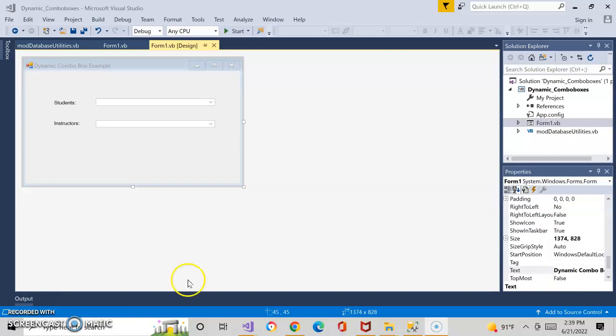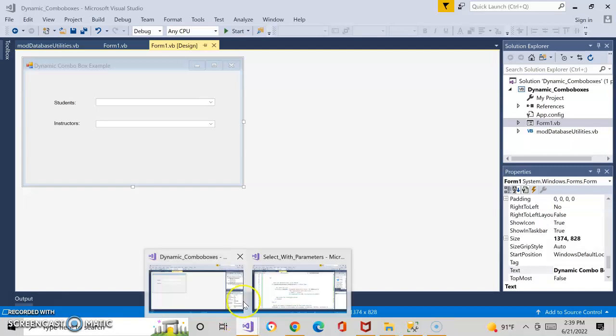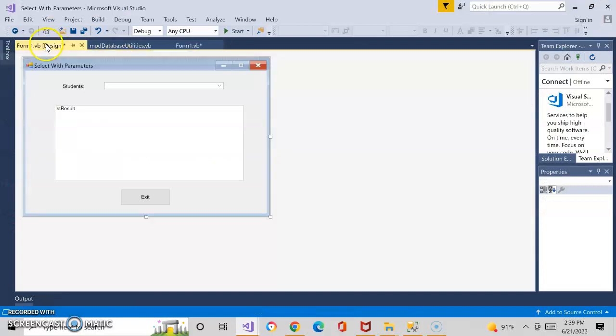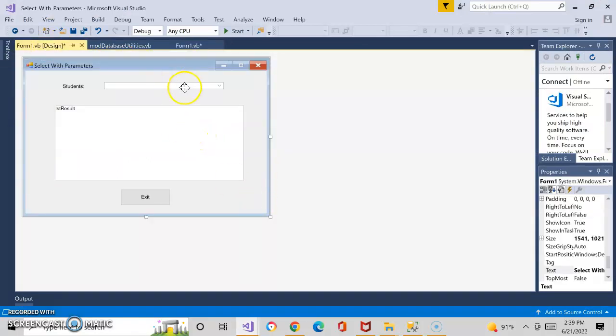In this particular video, then, we are going to take it to another level, and we're going to utilize this combo box to actually select a student from the combo box, and based upon my selection of the student, or whoever is selected, I'm going to go ahead and populate more information about the student. We'll start simple here. So what I actually mean by that is